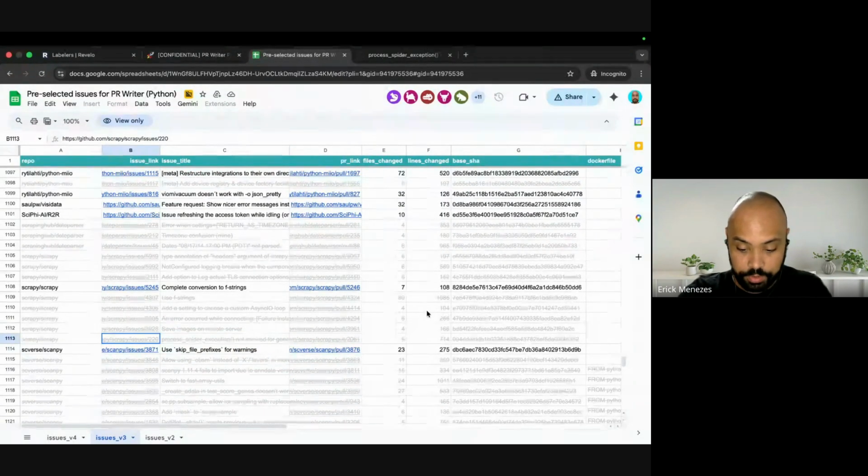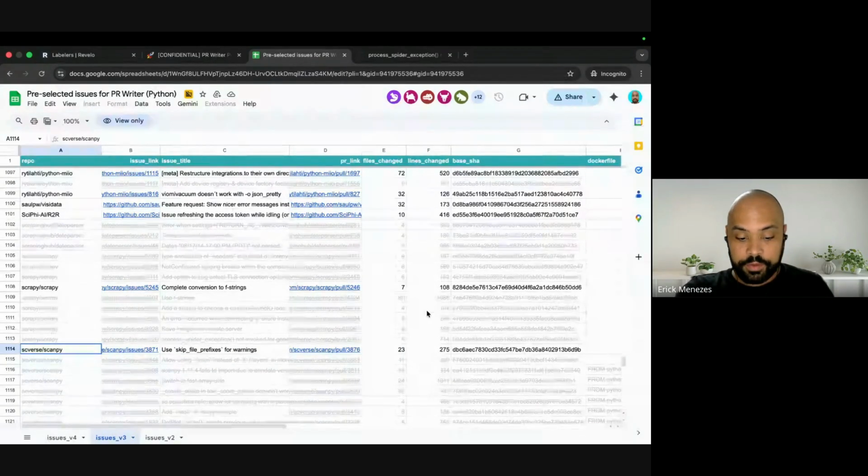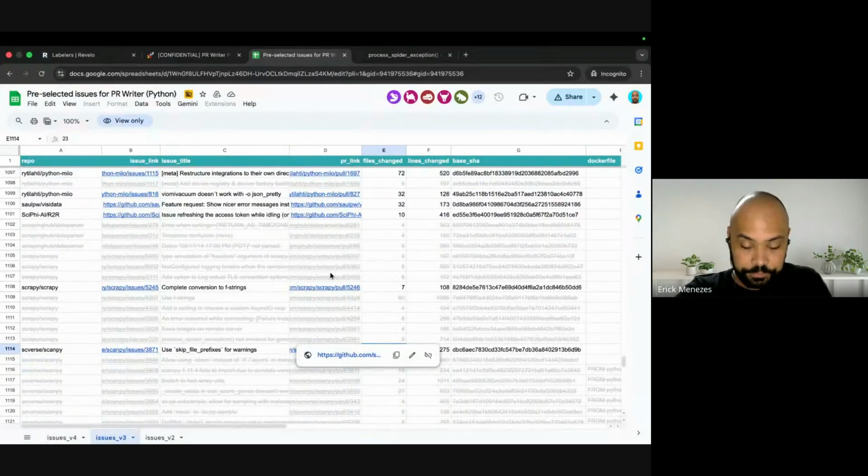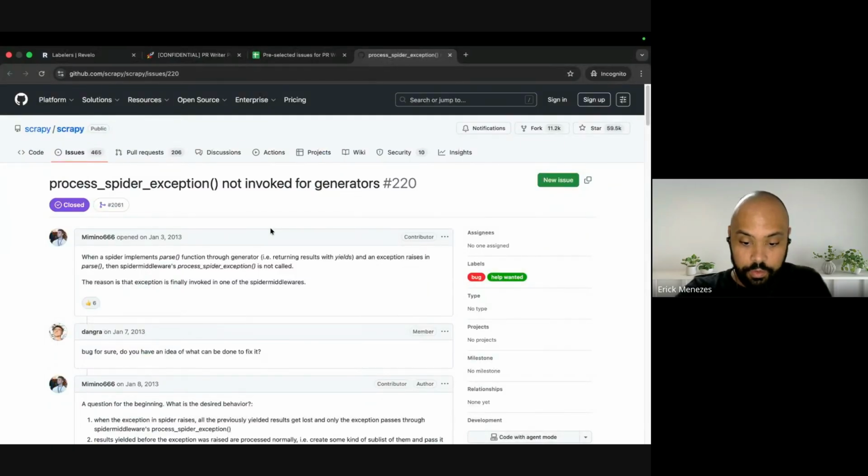I'm going to take this one, but I'll explain here too, I think it will be better for you to see. Here we have the repo, the issue link, the issue title. You can see the comments here, information. What is important when you are selecting an issue?